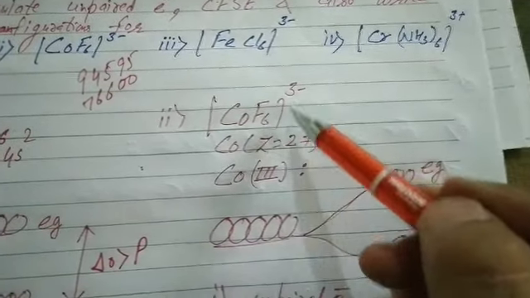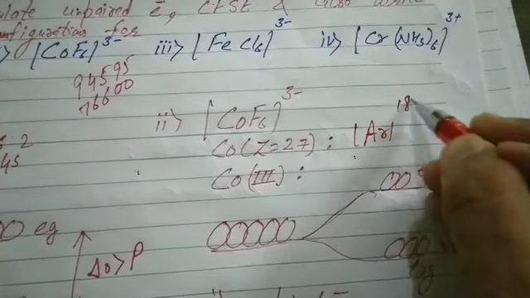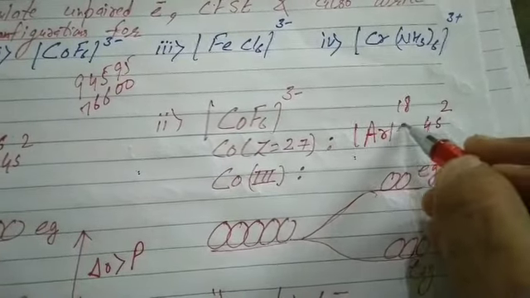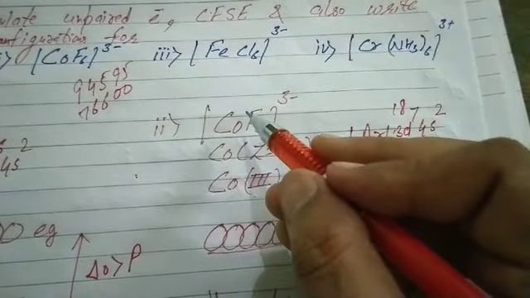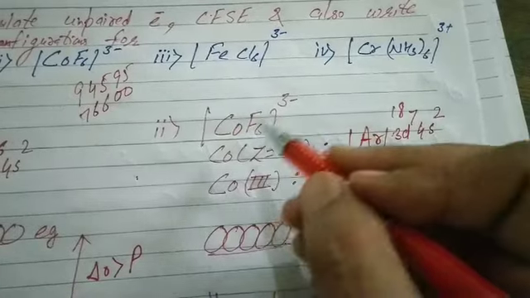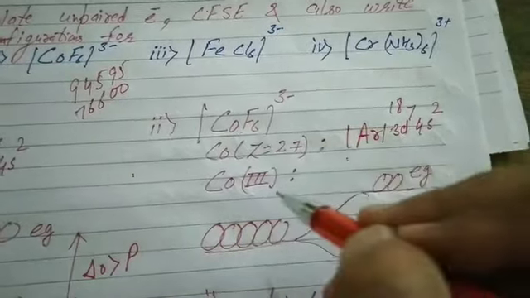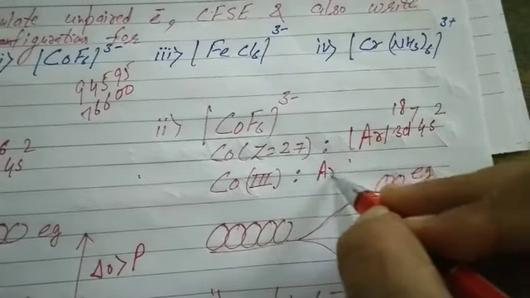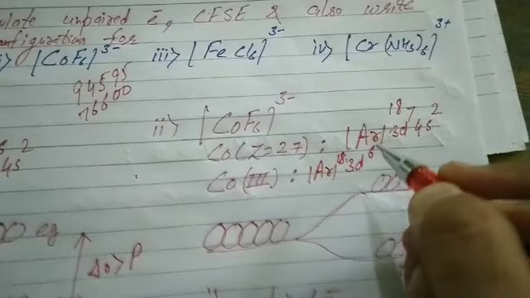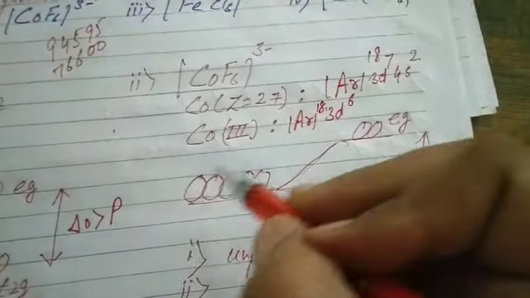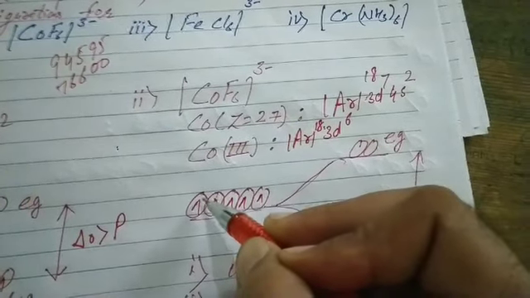One example, metal ion cobalt, 27. Mention the configuration: 4s2 3d7. Students, what's the oxidation state of the metal ion in the complex? X minus 1 into 6 equals minus 3, so X equals plus 3. It is a key step. You have to find the oxidation state of the metal in the complex, then do crystal field splitting. Plus 3 means 3d6: 1, 2, 3, 4, 5 and 6.